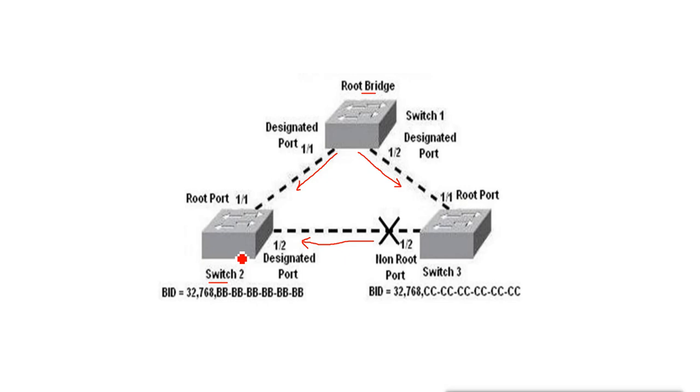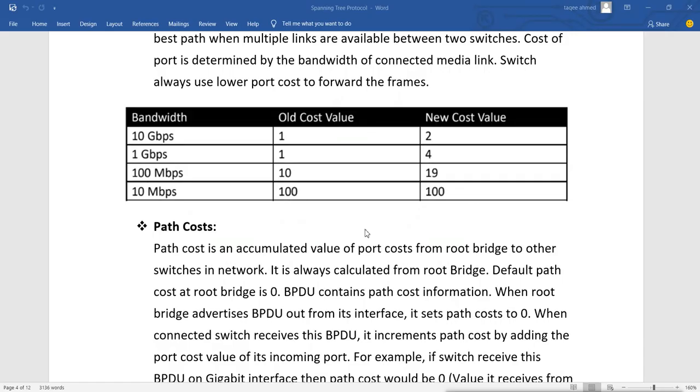So what does this do? It will calculate the port cost, and based on the port cost it will calculate the path cost. Port cost is fixed and path cost is the combined cost of the path. So port costs are fixed. Port costs are like this. This is the port cost. We have the old port cost, and we have the new port cost also. The old one was changed. Now the switch does not use the old one. The switch now uses the new port cost.